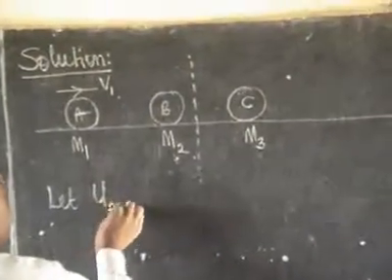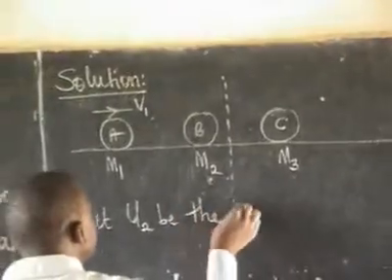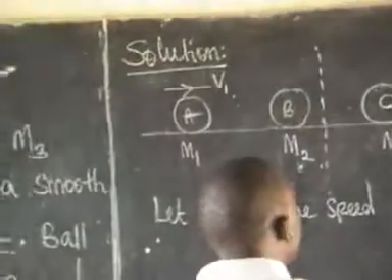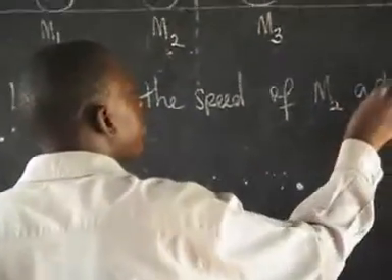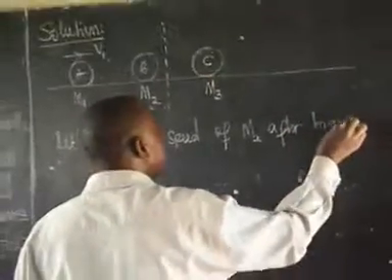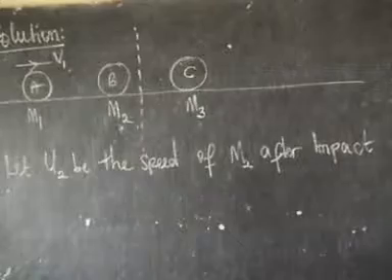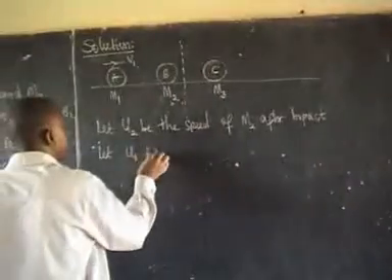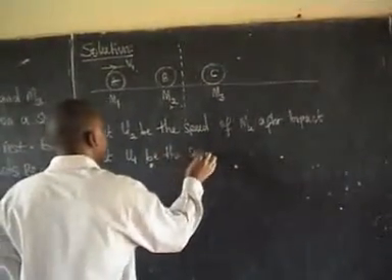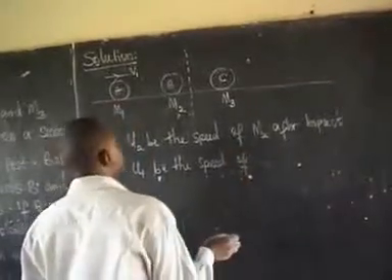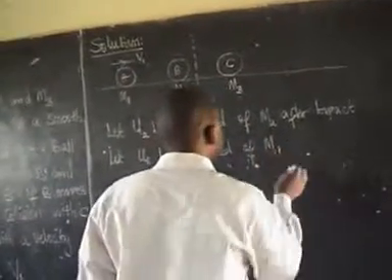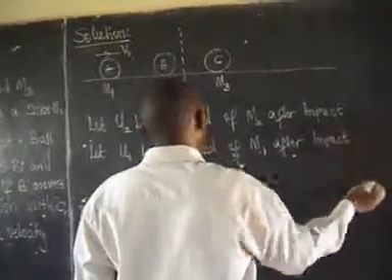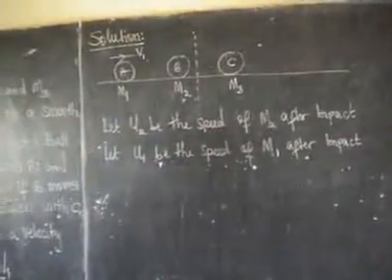So let U2 be the speed of M2 after impact. Likewise, we shall also have, let U1 be the speed of M1 after impact. So if the collision or the interaction is perfectly elastic,